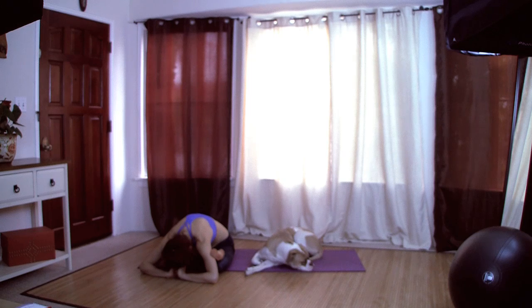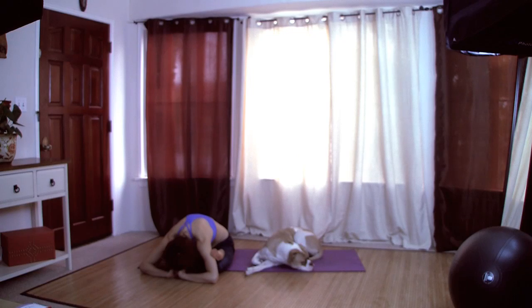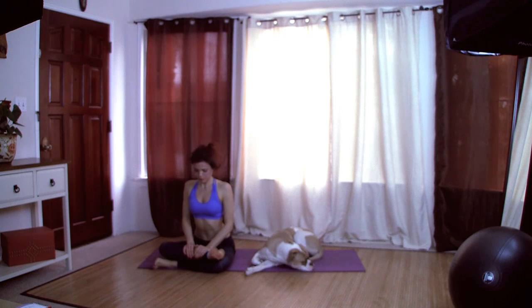Allow your body to be in a state of relaxation, so stay in a place where you can still relax and the breath is completely relaxed. Soft exhalations, softening the hips. Coming up,